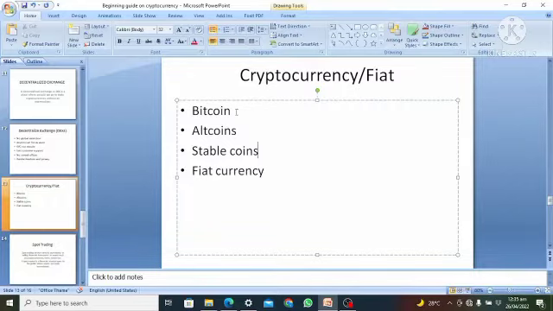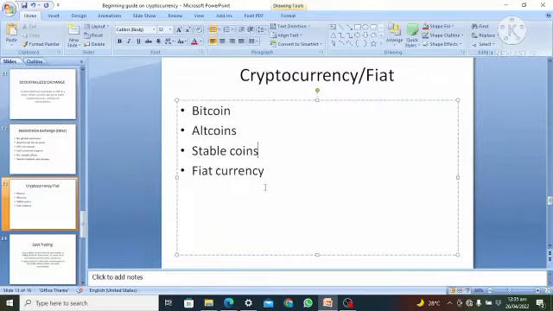You also have to convert your fiat. We talk about fiat currency, which is your country's money. Like me, I'm from Nigeria, so my fiat here is naira. The person from the US, it is dollars. Person from any other country, you know the kind of currency you are using in your own country. So you have to convert it to what? To stable coin first, before engaging in any transaction in the cryptocurrency field.